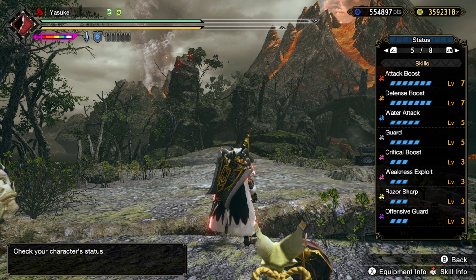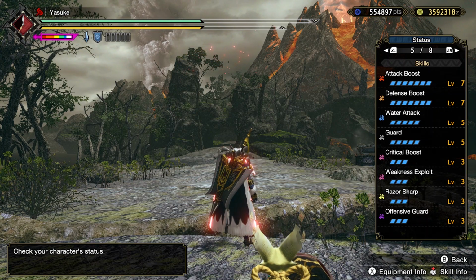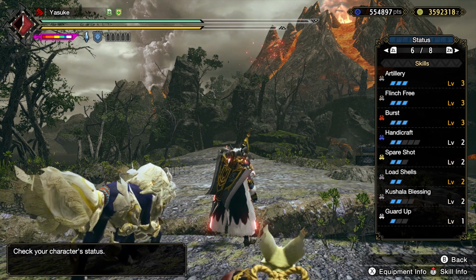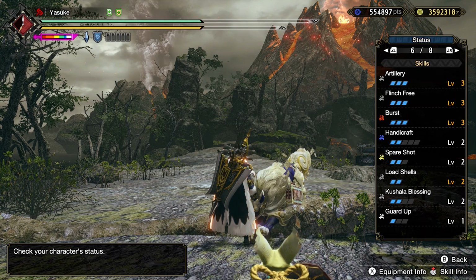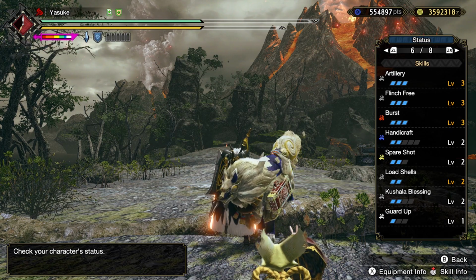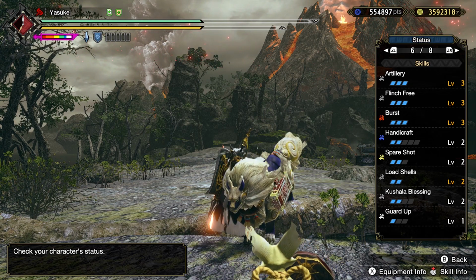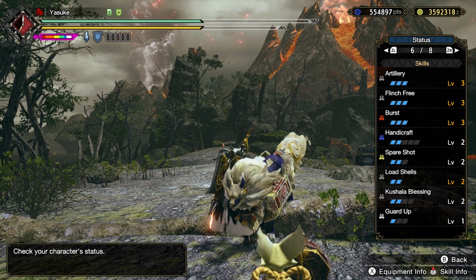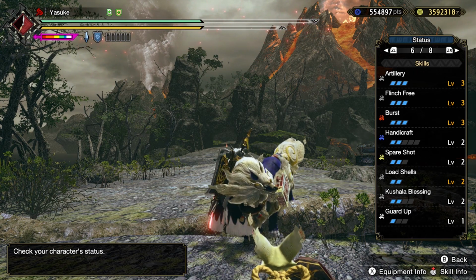Attack boost 7, defense 7, water attack 5, guard 5, critical boost 3, weakness exploit, razor sharp just to preserve damage, offensive guard for the perfect guard, artillery to get more damage out of our phials, flinch free comes with the build, burst for when you discharge your vials, the damage will accumulate each time it hits. So handicraft to push it to purple for more damage, load shells to get our phial sooner, Crucialist blessing for more element damage, guard up so we can guard unblockables,